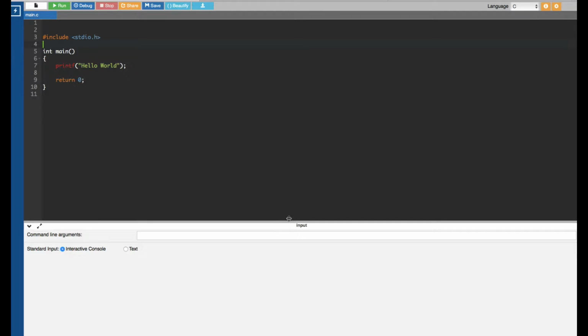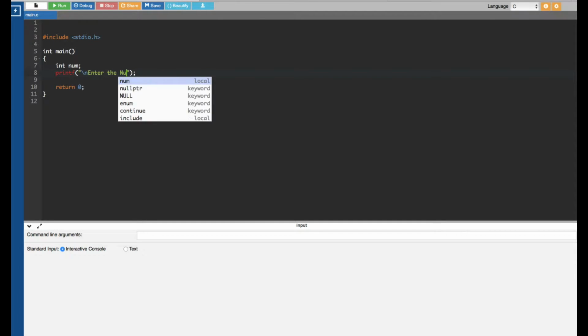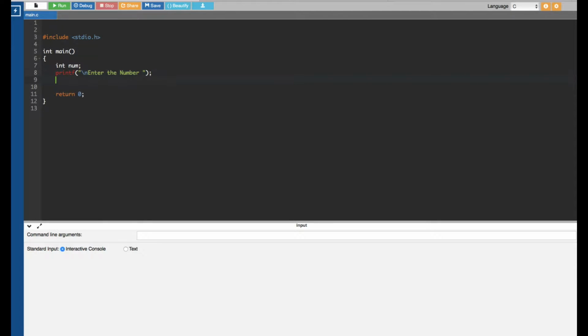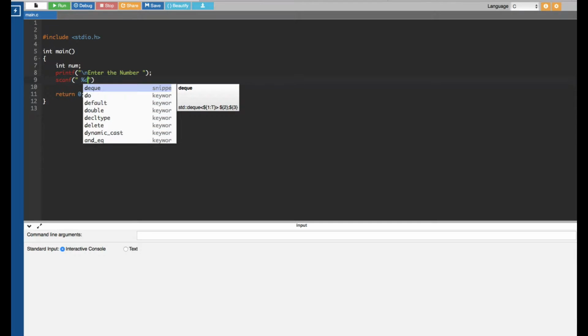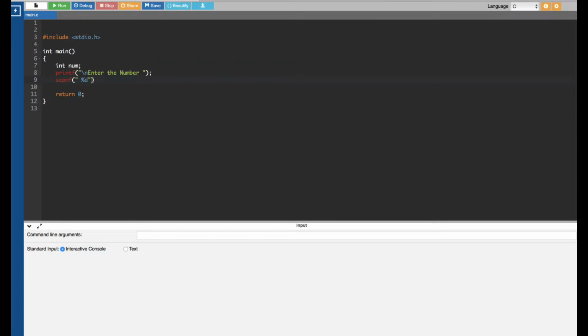First let me grab this one. Okay, first of all, let's go to the main function. In this main function I introduce an integer type of variable. Let's call this one num, and then I'm giving a prompt to the user: \n, enter the number, and the user is going to enter the number. We have to store the number somewhere, and we have to get the input. To get the input, we have to use a scanf statement. Since this is an integer type of variable, we put a %d right here, and whatever value the user enters is going to be stored in num